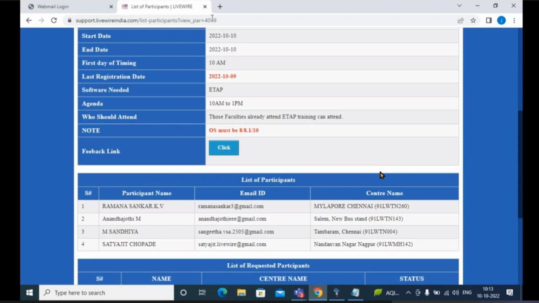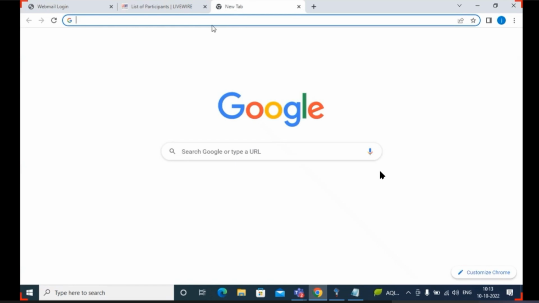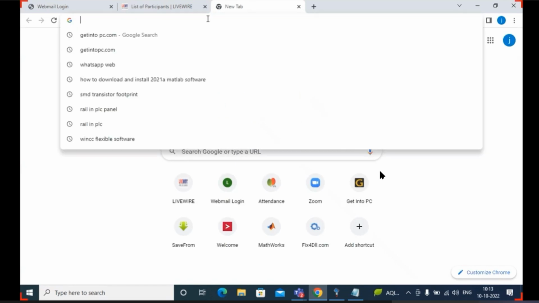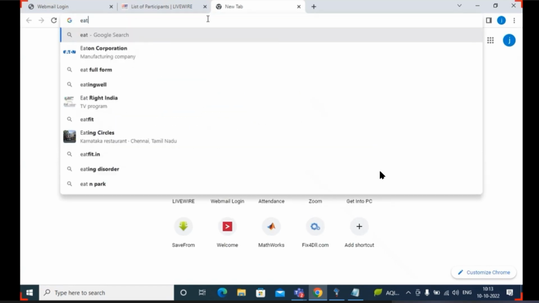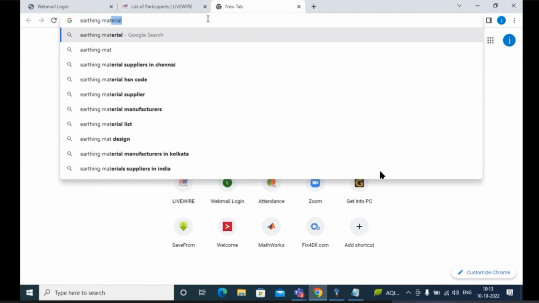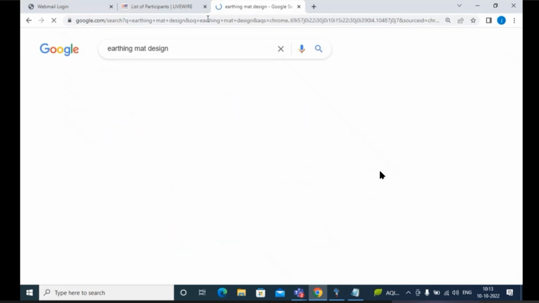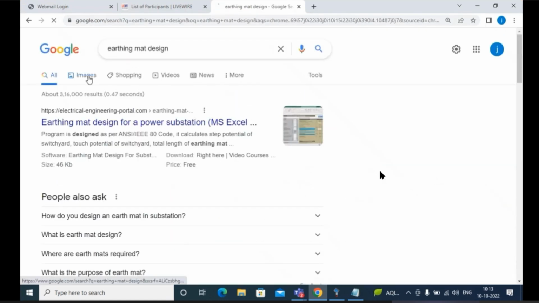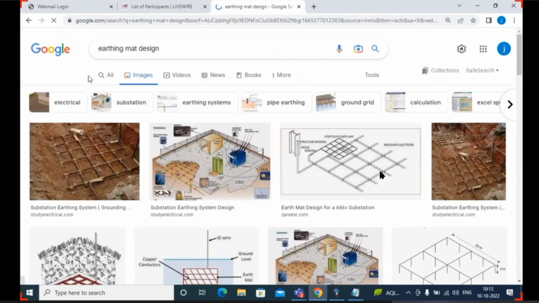Just consider, I will share this through images. Earthing is provided in a mat manner as well as an earth pit manner.